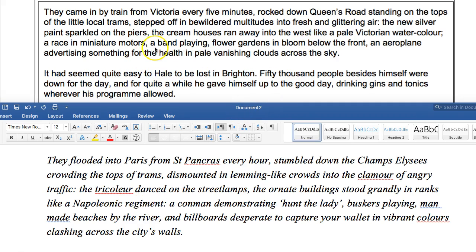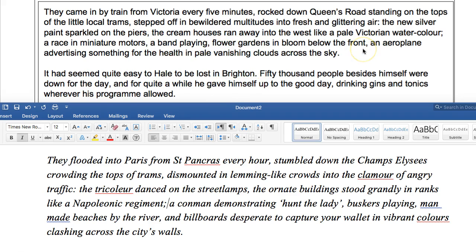Where are we? Okay, there's a semicolon here, a race in miniature motors, and I've had a colon, I think, here, which is just an incorrect punctuation mistake, forgive me. So you use the semicolon to separate long things in a list. Okay, a race in miniature motors, here I've got a con man demonstrating Hunt the Lady. That's just where they shuffle about the cards, one of which is a queen, and you've got to predict, from those 3 cards where the queen ends up, and obviously it's a con because nobody ever gets it. And for a quiet while,